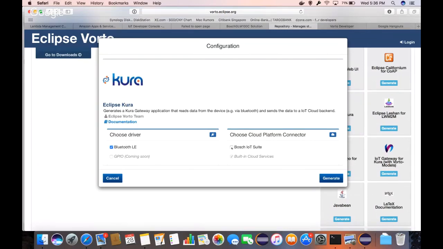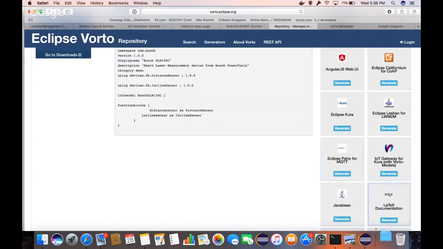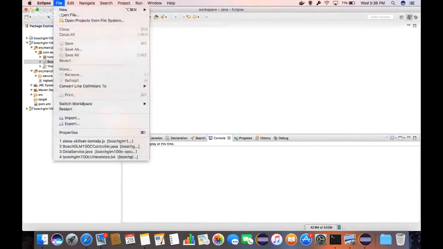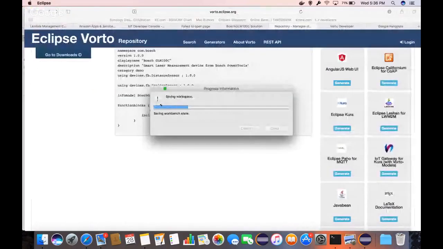We also support the cloud platform connector here in Bosch IoT Suite in order to send the data to. So you can generate that bundle as well and import it into my Eclipse. Let me switch my workspace here because this is with the Kura